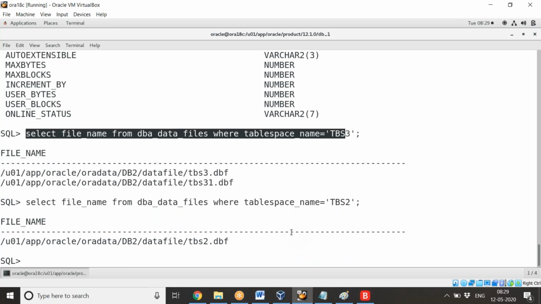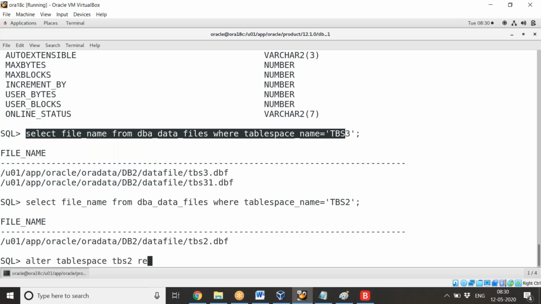So this is how I used to check. Now we know what all the datafiles available, what all the tablespaces available, everything. Now I want to resize a particular tablespace. Okay. So resize means what? I want to increase the size. Okay. If the objects are there, then reducing the size is not possible, but increasing the size is possible. If it is empty, you can resize, means you can give less size also. So alter tablespace